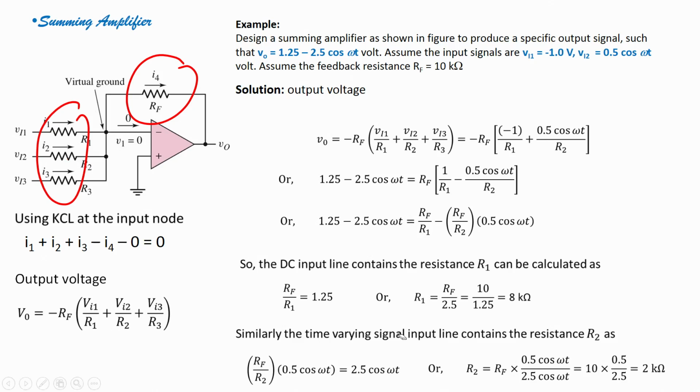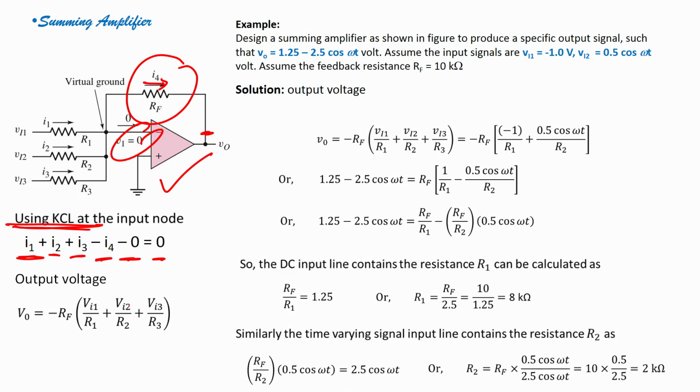So, n inputs, and the output will be the summation of all the inputs. Okay. So, how can you do that? It is written over here. If you are given this circuit, then using Kirchhoff's current law, what can we find? We can find I1, I2, I3, three values are given. So, I1 plus I2 plus I3 minus I4, you see this configuration, minus 0 equals 0, right.